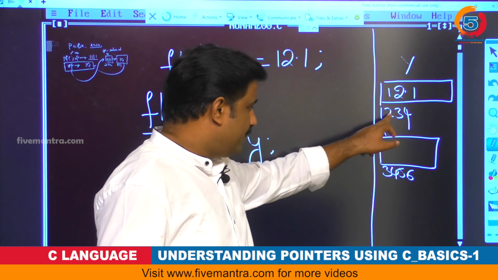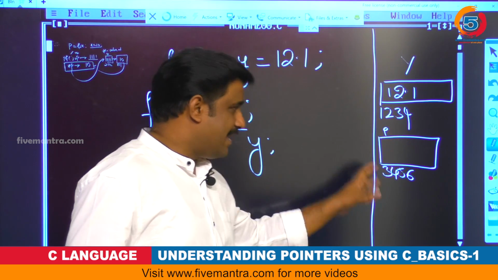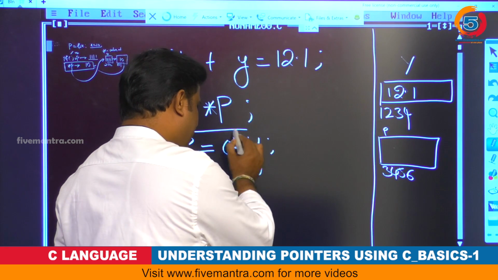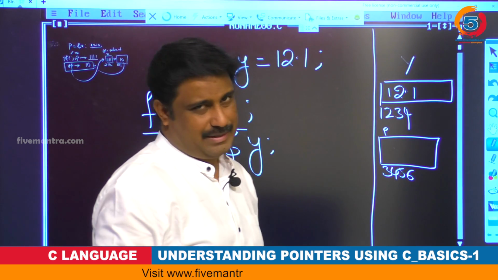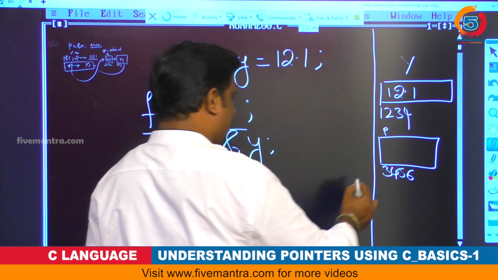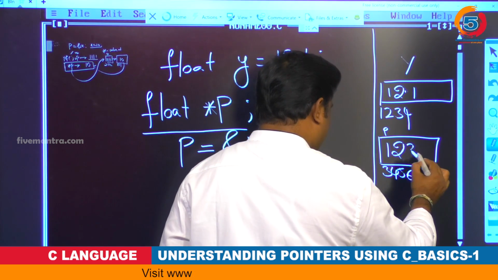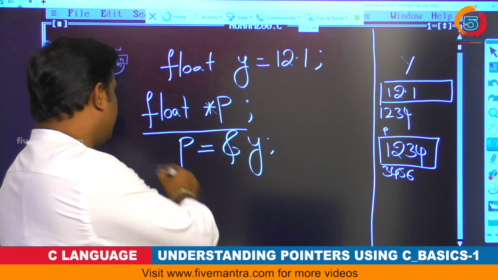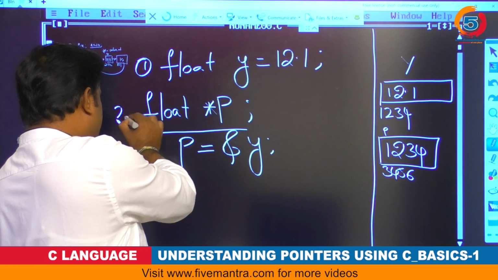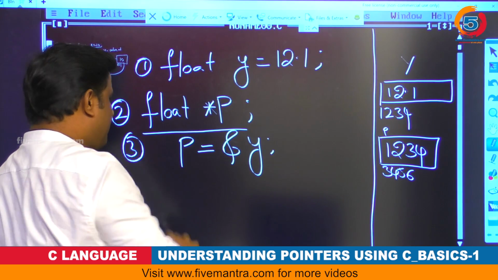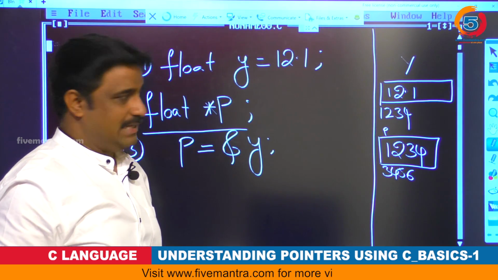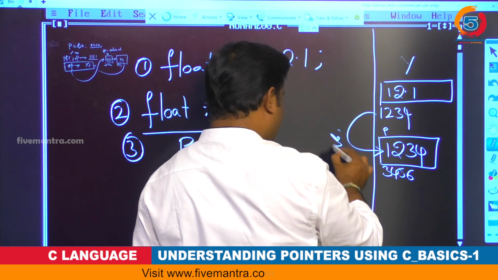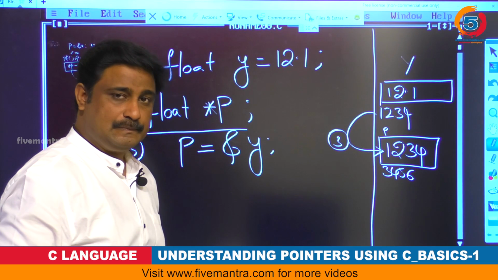So with the help of this unsigned integer only we are saving into this, right? 1234, I want to save into p. Because of that we have one operator, the address of operator. With the help of the address of operator we can save. So directly we can get 1234 into p with the help of this. The first statement is over, then the second statement and the third statement. With the help of the third statement, that operation was done. Okay, 12.1 was saved with the help of the third statement.